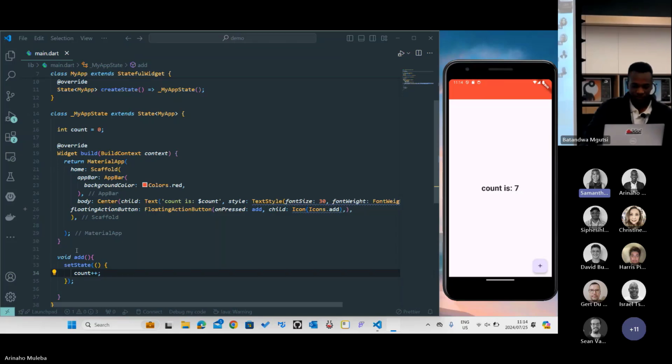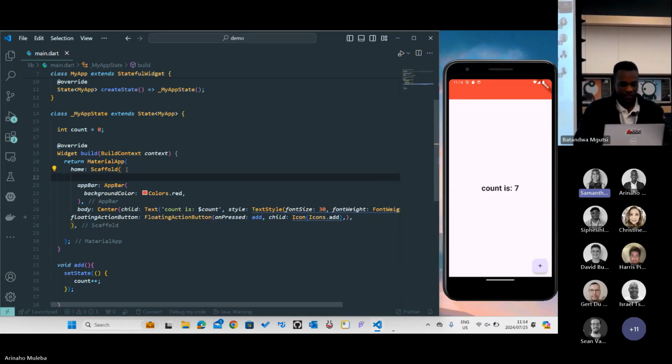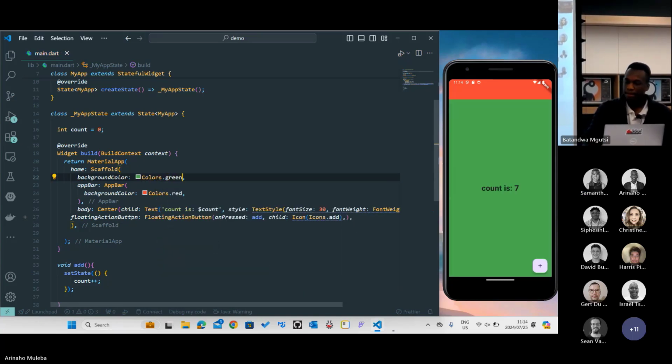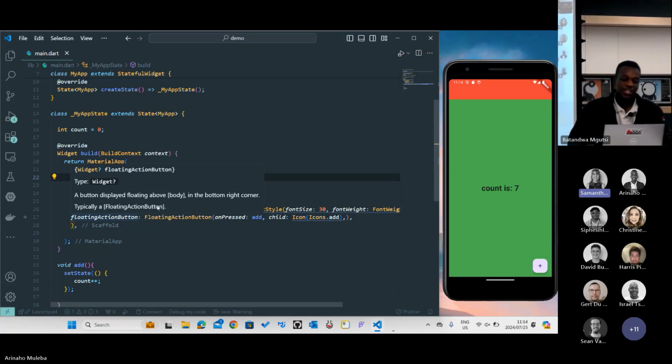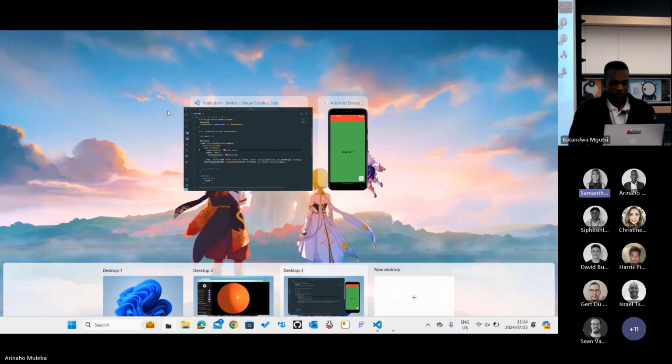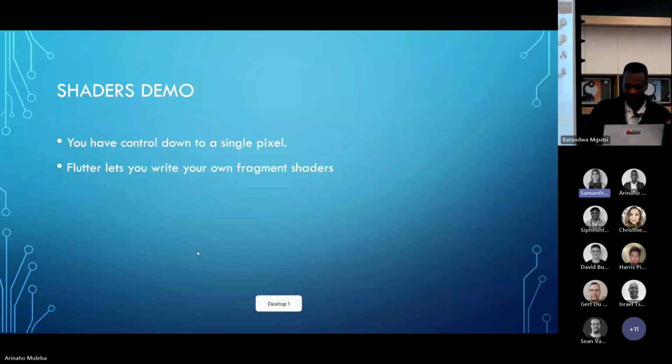And now just to demonstrate the stateful hot reload, the state of the count is 7 now, right? And if I decide to change the color of the app to something like green, the app UI changes without affecting the state of the application. So that's how you write your first Flutter app.